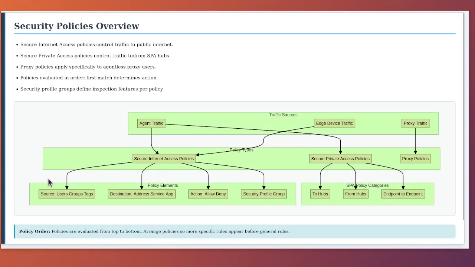Security Policies Overview. Security policies in FortiSASE control how traffic is inspected and what actions are taken. FortiSASE provides different policy types for different traffic flows. Looking at the policy architecture,